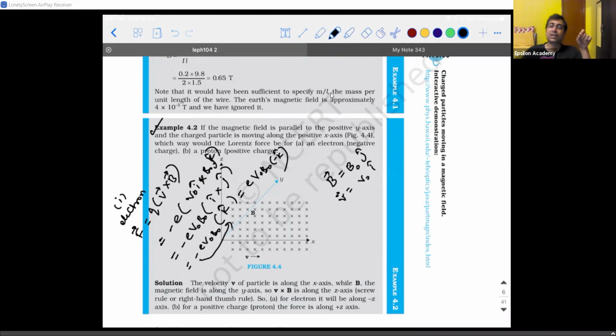So the electron will start moving in which direction? The electron will start moving in the negative z direction. So that's what they have given, see. But the explanation will not be detailed. Now we have a mathematical proof. So if the electron is moving in the negative z direction, obviously a positive charge will start experiencing a force in the positive z direction. Right?